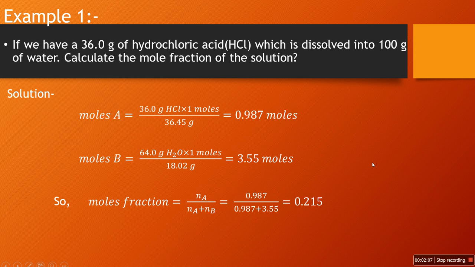Now the mole fraction is calculated by using this formula, and by putting the value of moles of A in the numerator and moles of A plus B in the denominator, the mole fraction can be calculated, which comes out to be 0.215. Here comes another example